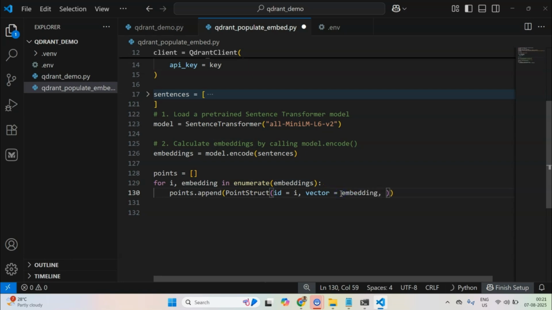And then there will be a payload. What should I use in the payload? Since the sentences are quite small, although in real life use cases you will have actual payloads, for example, if you are dealing with Reddit answers, then the payload could be the author of the post or the comments and things like that.